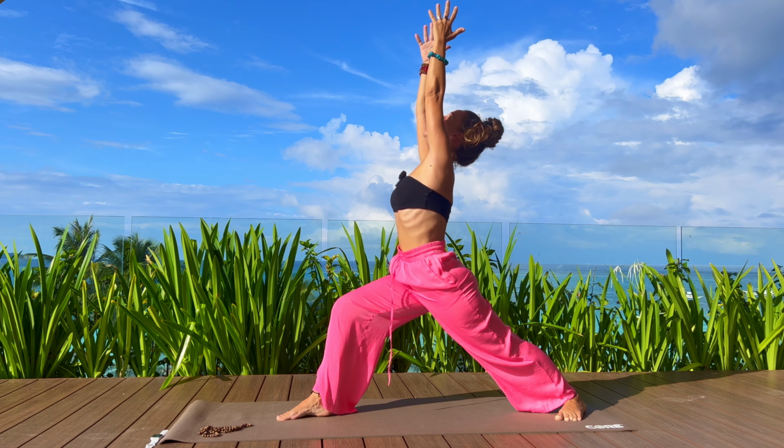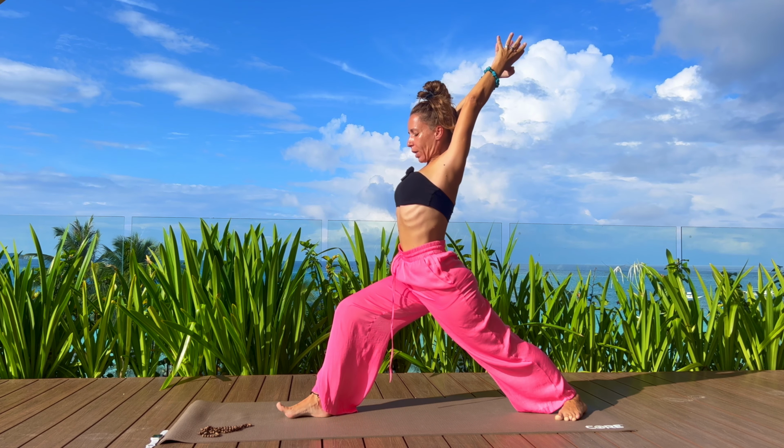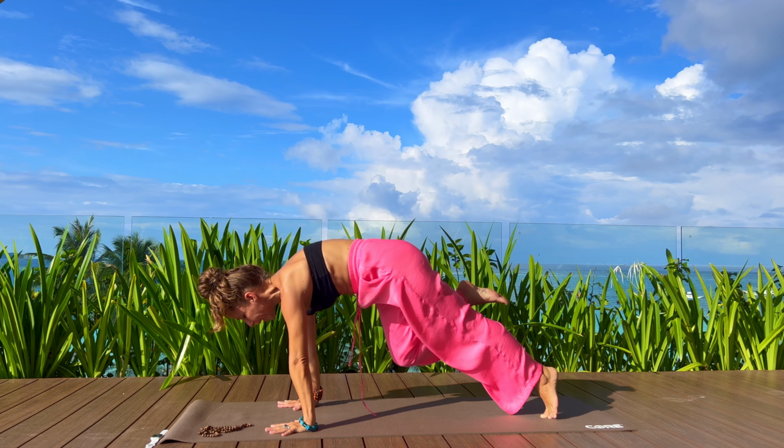Inhale. Maybe once again, gazing up or just in front of you, for just a breath or two here, making sure your front toes, heel inside, outside of the front foot, pressing down the outer edge of the left foot. Stay away with the upper body away from the lower back. Beautiful. When you're ready, exhale, frame that right foot, pivot the back heel up, step back to a plank and